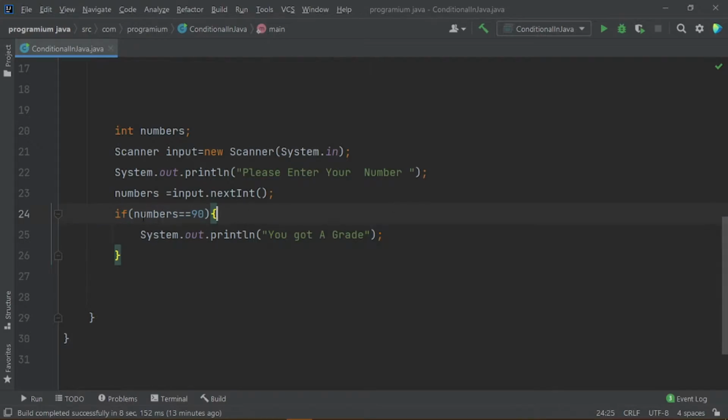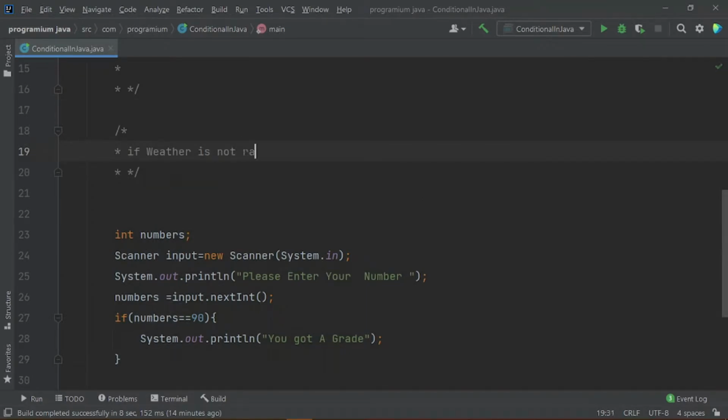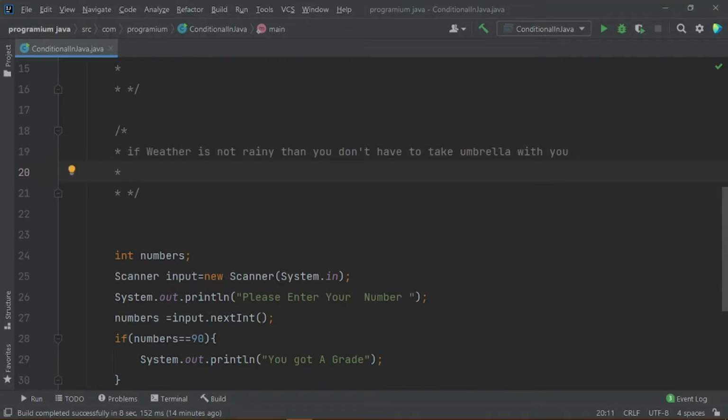So guys, one more thing to clarify these if conditions: if the weather is not rainy, then you don't have to take an umbrella with you. But what if the weather is rainy, then of course you have to take an umbrella.